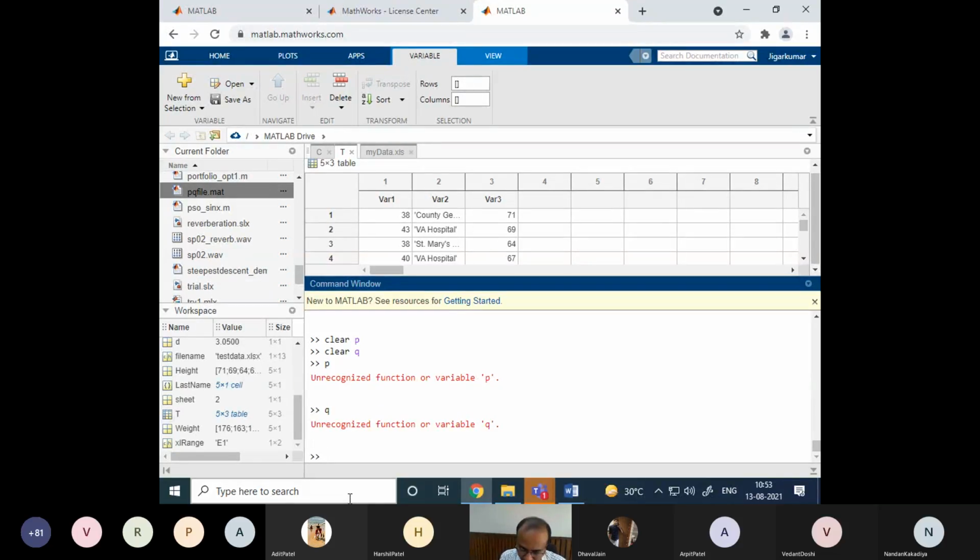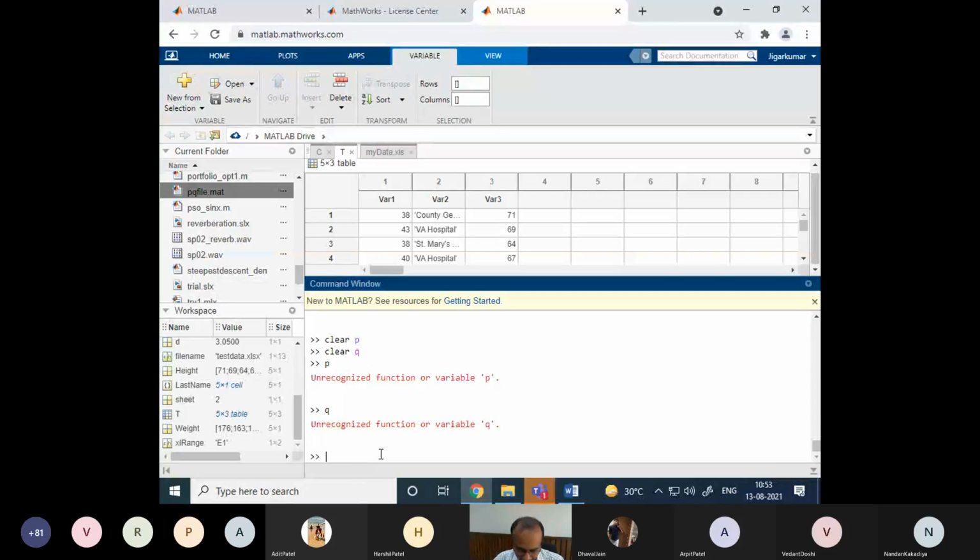So you use this MAT file for intermediate saving in MATLAB only. Finally, after completing all your tasks, you can save it into Excel. So don't go to Excel every time. That's the advice. Otherwise, you can do it, but it will create a lot of problems. So always use MATLAB files for intermediate saving.